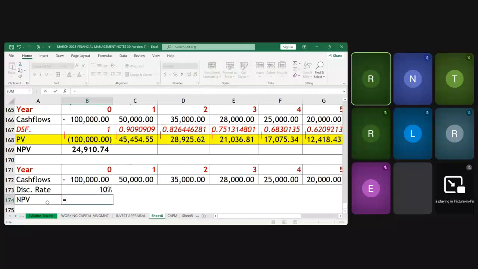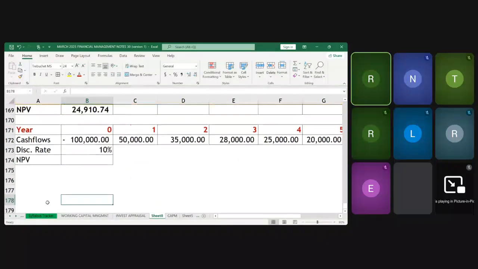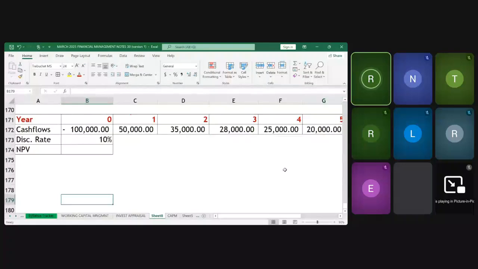I know that anything that is in year zero cannot be discounted. Everything that is in year zero cannot be discounted. So first of all, I'm going to have my year zero value here, right? I'm going to click at 100,000. I'm clicking at 100,000 because I don't want to discount that. Even if I discount, the discount factor is 1. I'm going to get back my 100,000 as it is, then plus type manually